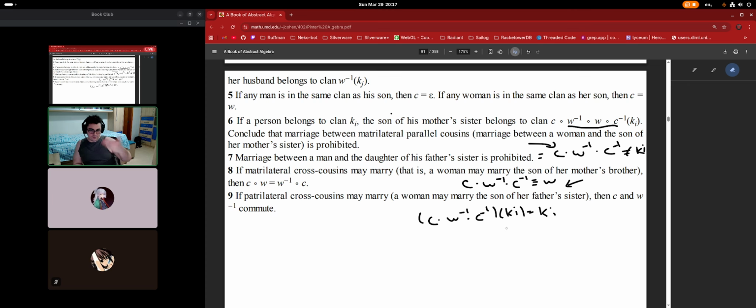To say, oh, you cannot do that because that would mean that the clan of this person is the same clan as yours, and that's prohibited, and so on and so forth. But what you said is also true, right? If you need to prove that W must be different than this composition here, which sounds tougher to me, but who knows? If a matrilateral cross cousin may marry, then this is equal to this, which is essentially saying that the clan